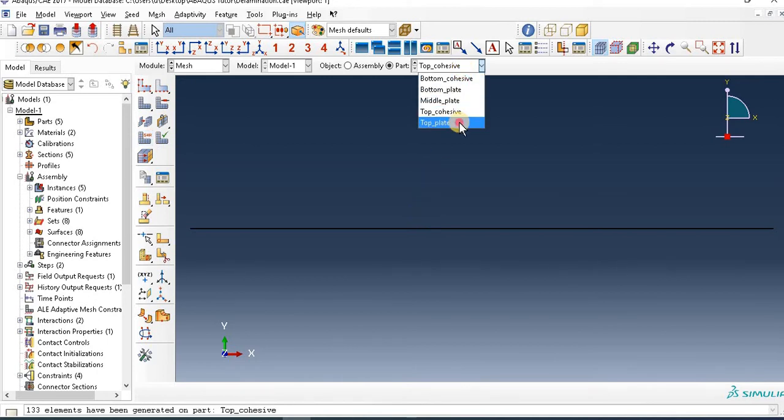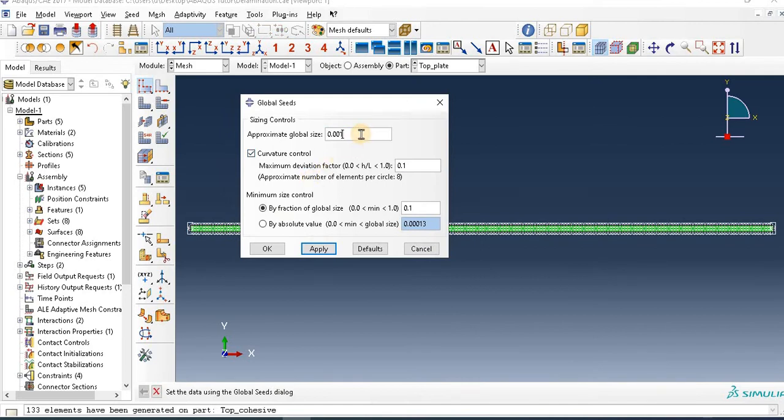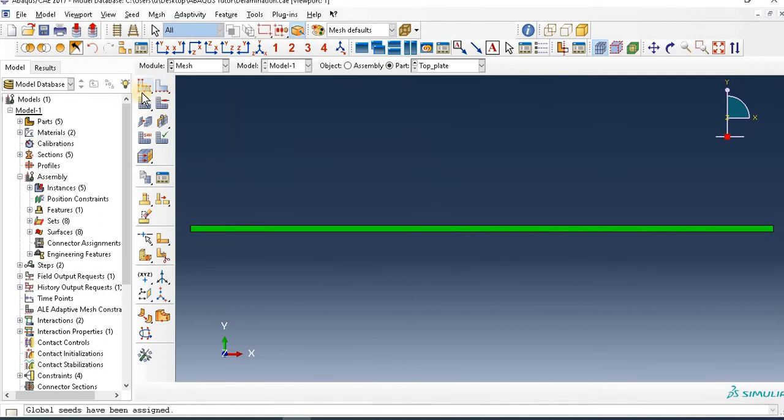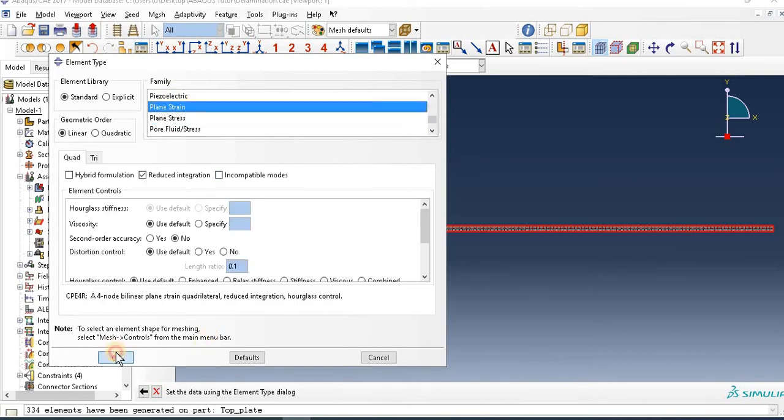Then go here, top plate, 0.0015 global size, apply, then mesh and assign the material to plane strain family. Okay,